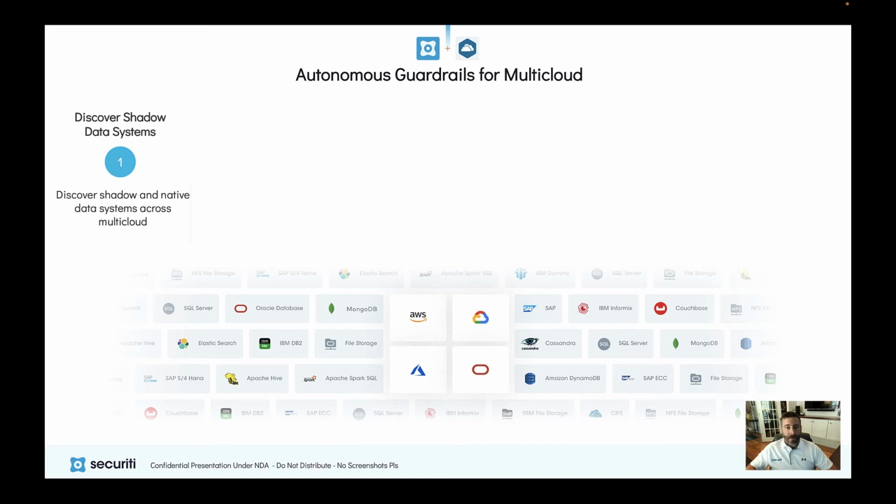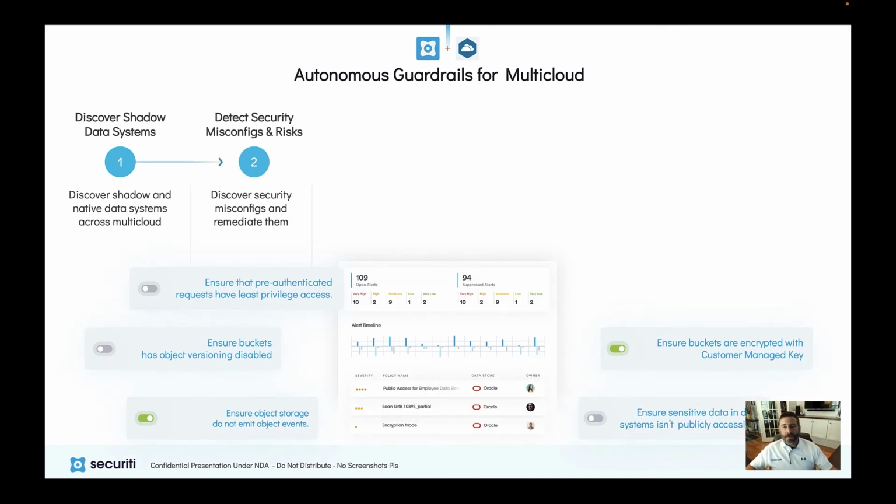security. So let's step through a modern approach to tackling these, putting these autonomous guardrails for your multi-cloud environment out there. First of all, we need to automatically find all the data systems that may contain sensitive data, including those shadow data systems I mentioned earlier, that may have resulted from those lift and shift of legacy apps. And then we feed those insights into your data catalog. Next, we need to ensure that all these systems are configured properly. Flag and report misconfigurations, automate the remediation as appropriate, and prioritize remediation based on which assets contain sensitive data.